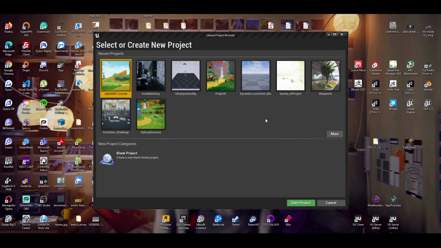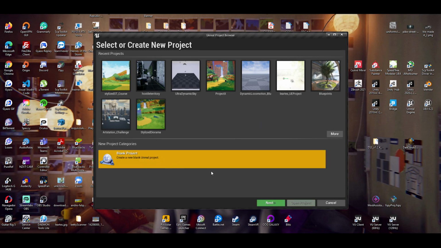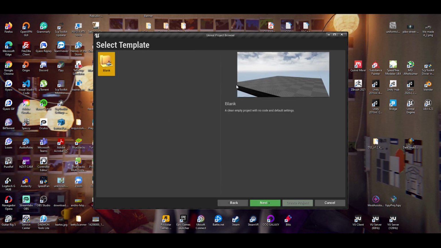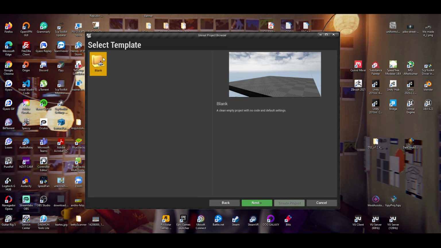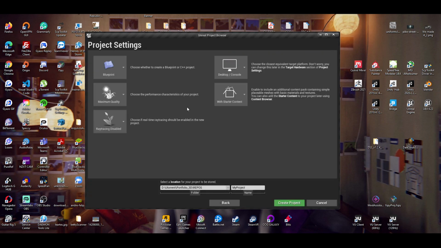Alright, so right now, starting our project setup section, I'm just going to go and create a blank project. I don't have the starter content downloaded. You could create a third-person template here, or you could just create a blank one. I'm going to go for the blank one. I'm using 4.26, by the way, so you've got all of these different options for quality, for ray tracing, for blueprint or C++. I am going to go with no starter content, and I'm going to select a folder for my project and name it